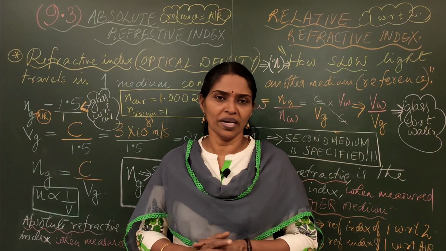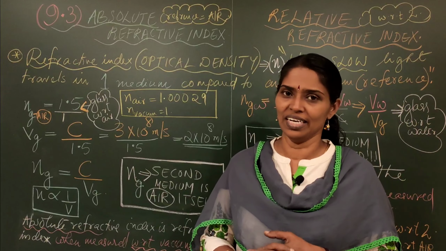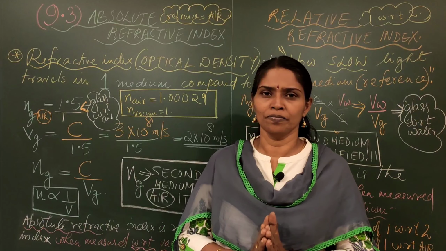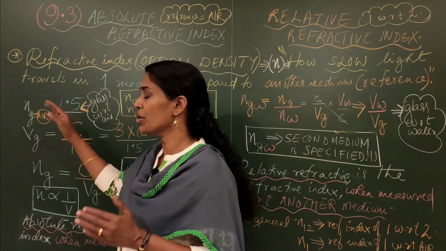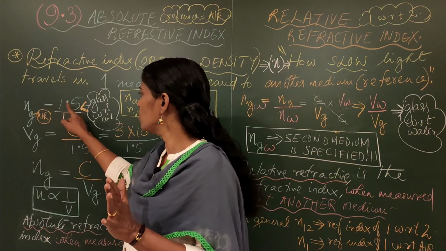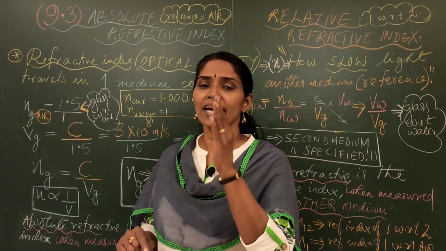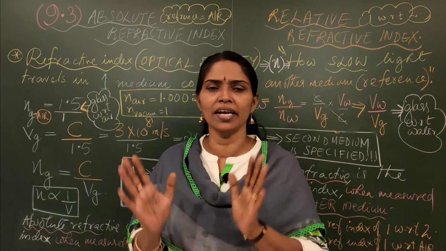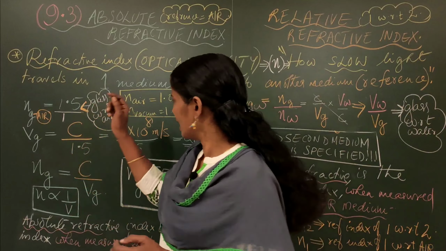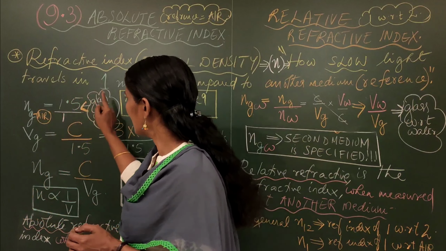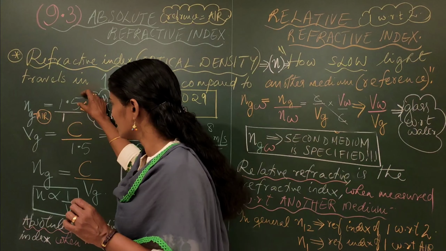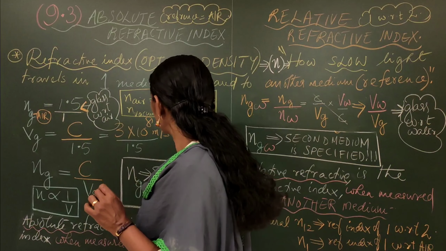Okay, now let us go to another example to clarify what refractive index is. For example, the refractive index of glass. Just by saying that, it means you are taking the reference as air or vacuum, and the value is 1.5. What is the explanation of the term 1.5? It's simply a number. What could we understand from that? That means you are comparing the glass with respect to air. Means you are comparing the refractive index of glass, which is 1.5, to the refractive index of air or vacuum,